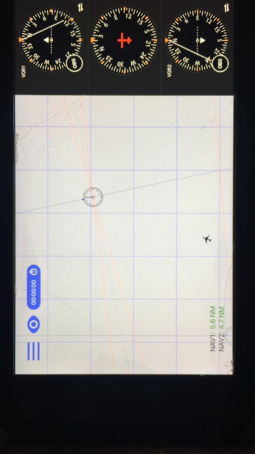And we're going to pretend like that VOR is co-located on an airport, and that airport has east-west runways, 27 and 9. So in our scenario, we're going to land to the east on runway 9. We're going to shoot an approach. We're going to have a 5-mile DME arc. We're 5.6 out. And the controller is going to say,